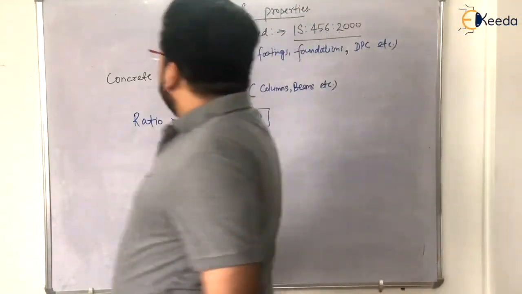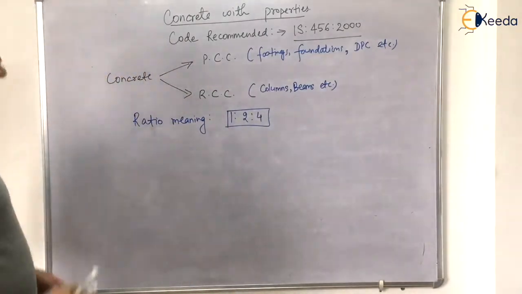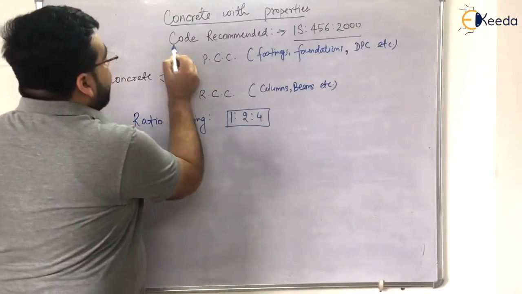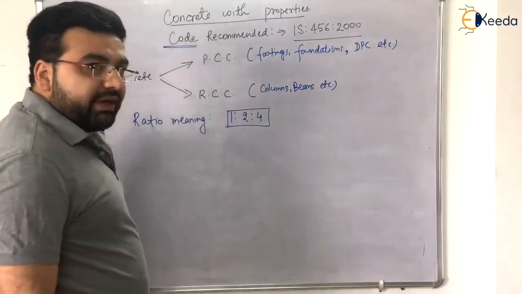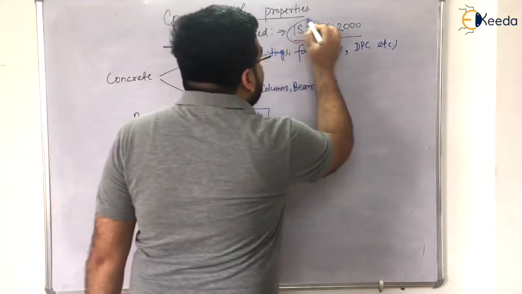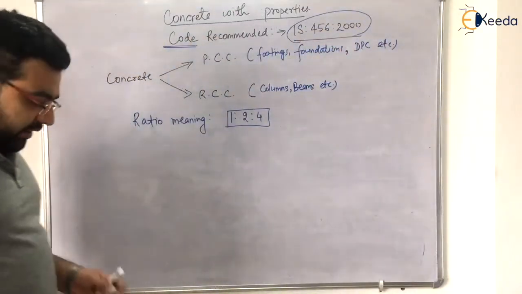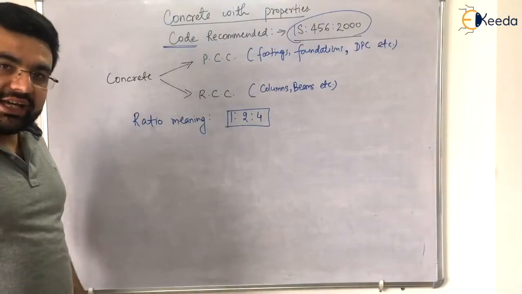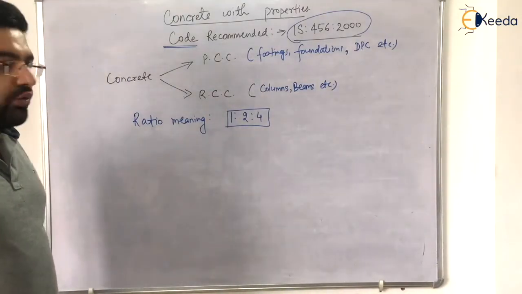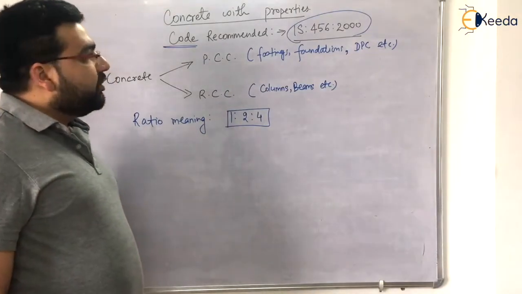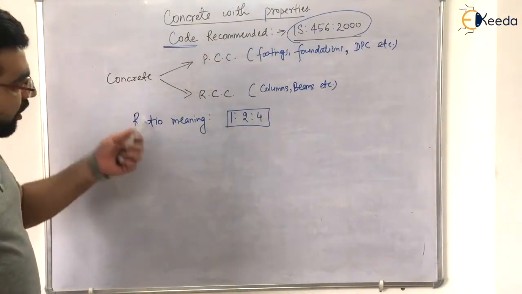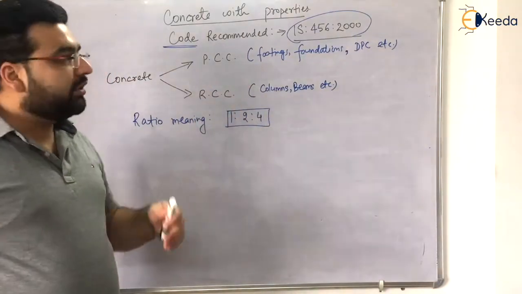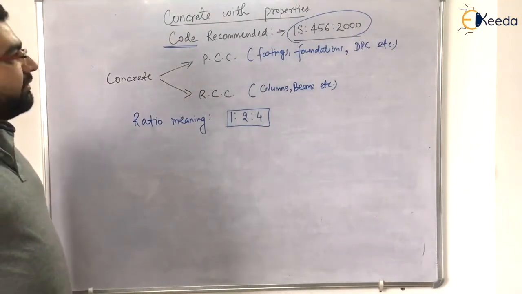Okay. Now discussing the properties of concrete, I have already told you that the code which we recommend is IS 456-2000, right? I have already told you in the first video lecture itself. Those of you who don't have a hard copy of this IS code, I will strictly recommend you go to a photocopy shop, get a hard copy and do the spiral binding, right? Not just while preparing for the GATE examination, but whenever we go to the site also, this code, that is IS 456, will be very beneficial to you.